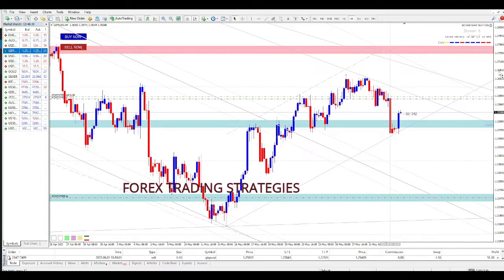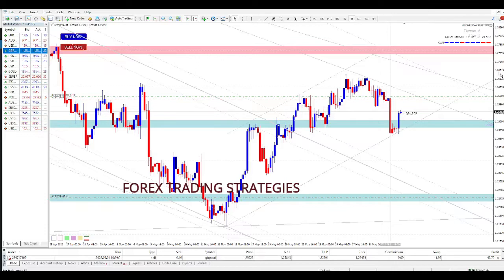So habits. People have a habit of trading without a trading plan. People have a habit of trading without money management in place. People have a habit of impulsive trading. People have a habit of just jumping from one strategy to the next, from one mentor to the next, and stuff like that. You are going to win or lose based on your habits. You need to start cultivating good trading habits. There are many resources online about good trading habits, especially when it comes to money management, lot sizing, and things like that. Start cultivating good trading habits.